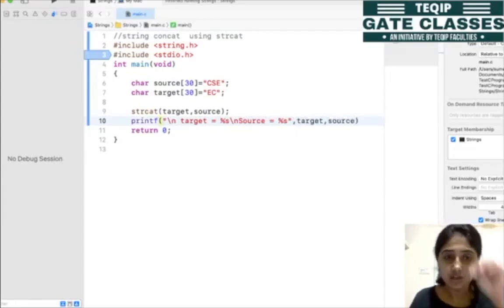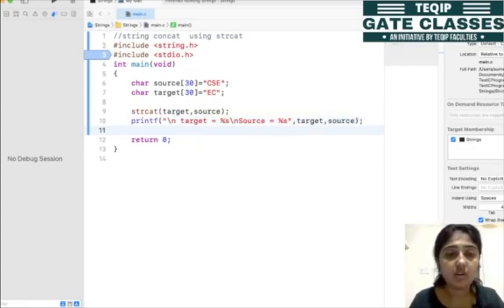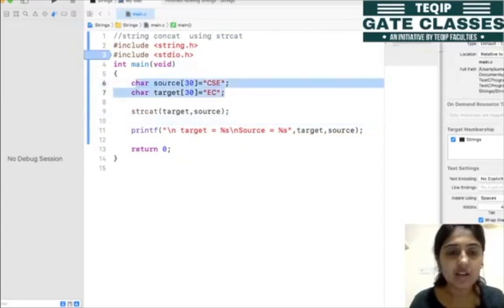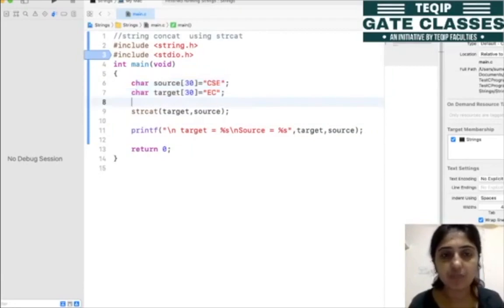Okay, fine. So here we have declared two character arrays. One character array is the source, which has the initial value CSE, and the second character array is the target, which has the initial value EC. When we call this function, the value of source gets appended to the target value.